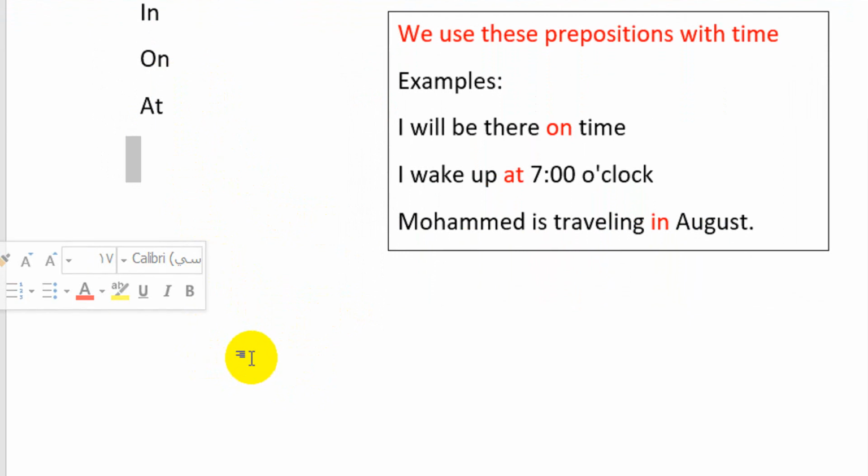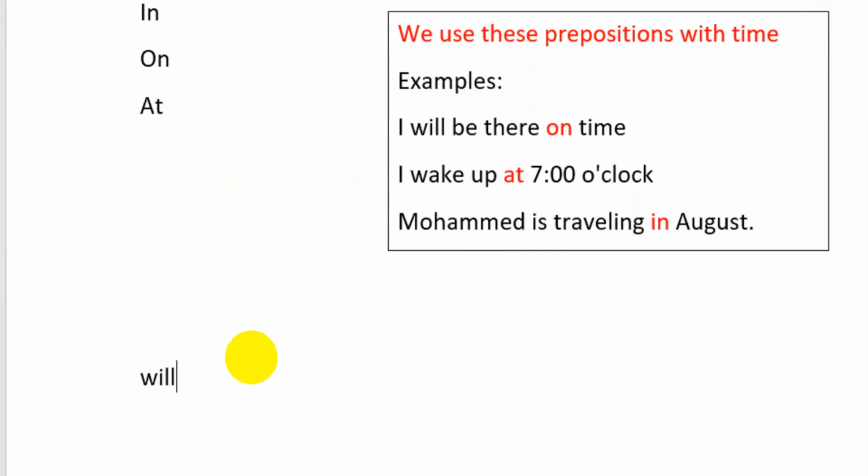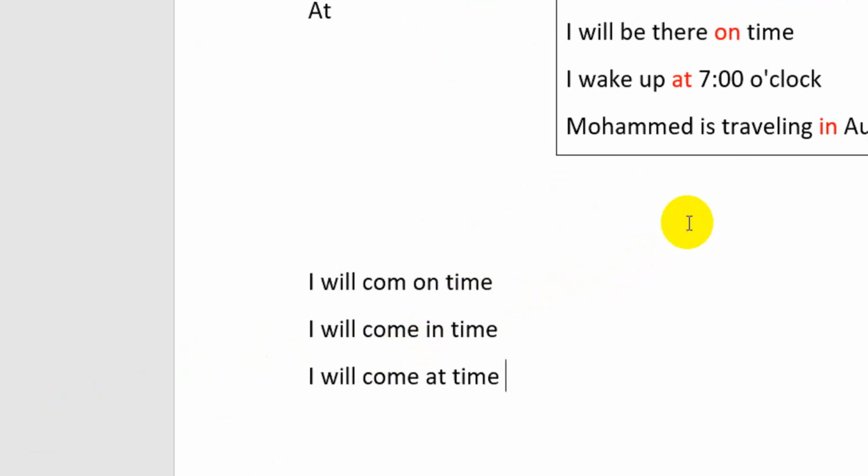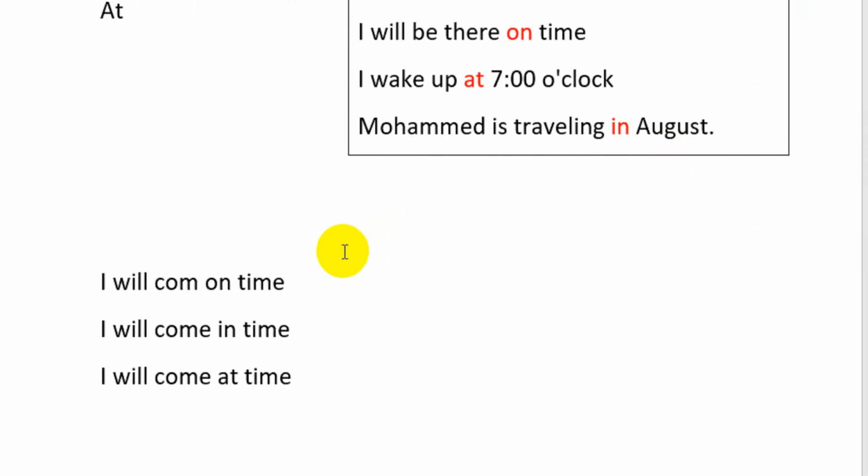هنالك شيء معين خاص بالوقت كما نسميه. لو قلنا I will come on time, أو I will come in time, أو أيضا I will come at time. لاحظ معي هذه الجمل البسيطة الآن. ما هو الفرق بينهما في المعنى؟ الثلاث جمل تدل على أنني سأتي في نفس الوقت, ولكن هنالك فرق